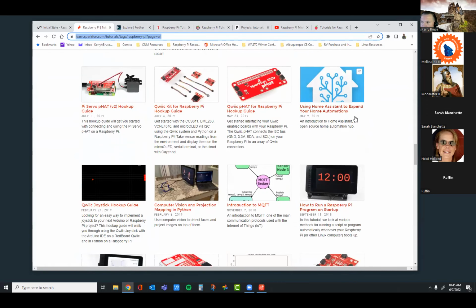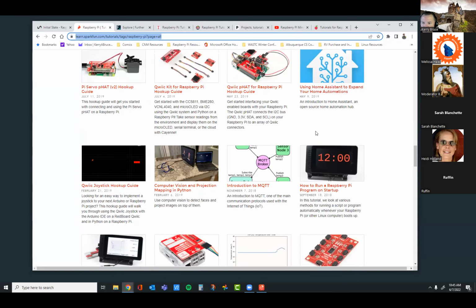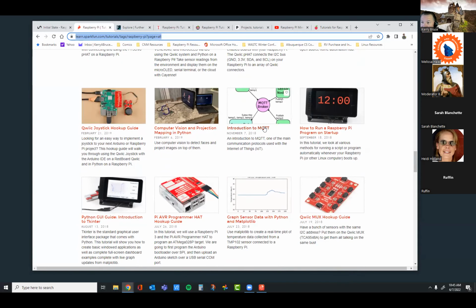We talked about Home Assistant yesterday. So here's the tutorial on how to set up Home Assistant, which I think is totally awesome. Introduction to MQTT, that one we may want to run. I like the one, the MQTT assignment in the Cisco material in the security class, it's broken because something changed. So I've got to write that one down because I need to come back to see that one.